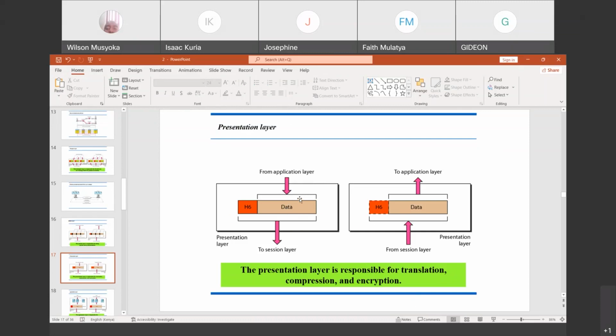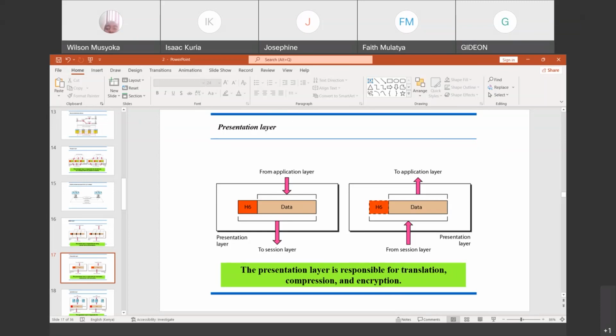So the message which you are preparing in the normal English language, maybe on Gmail. Once you prepare it, the computer understands the language of bits, and so that is a language of zeros and ones. So translation will be converting the normal English language into the machine language which is used by computers, which is zeros and ones. So that is how translation takes place.